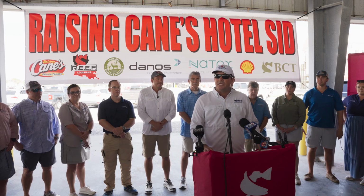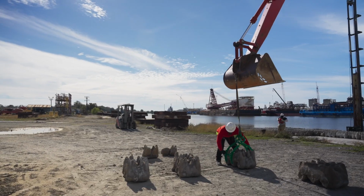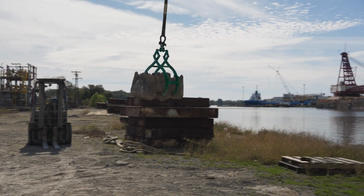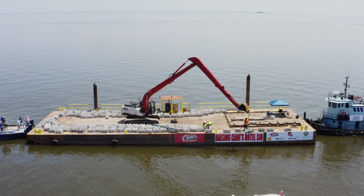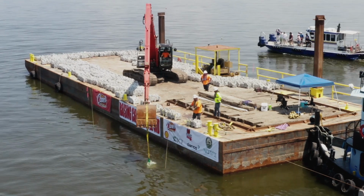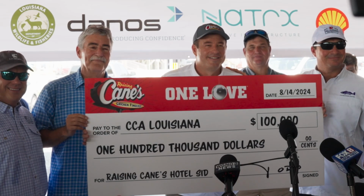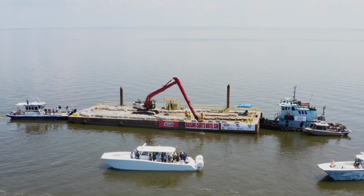We're so excited to be here dedicating the Raising Cane's Hotel Sid Reef. So we're here in Grand Isle. We're heading to Hotel Sid for our next reef deployment here with our partnership through CCA Louisiana and Louisiana Wildlife and Fisheries. Our special donations coming from Mr. Todd Graves, and we very much thank his generosity